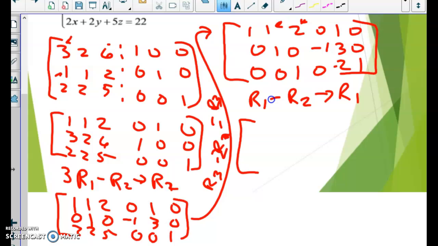So 1 minus 0 gives me 1. 1 minus 1 gives me 0. 2 minus 0 gives me 2. 0 minus negative 1 gives me 1. 1 minus 3 gives me negative 2. 0 minus 0 is 0. And so 0, 1, 0, negative